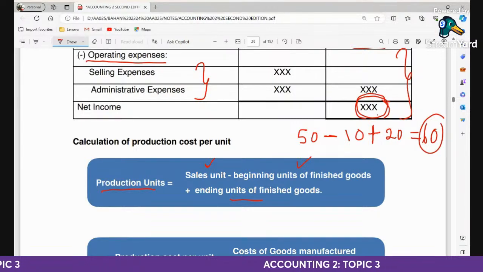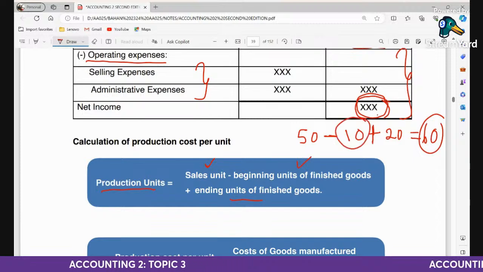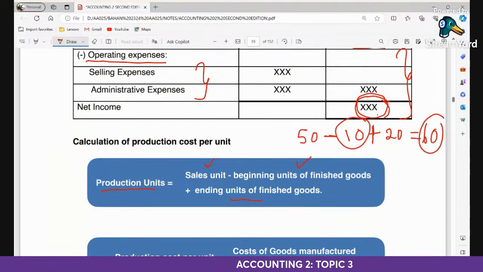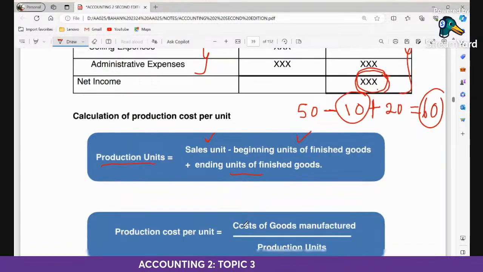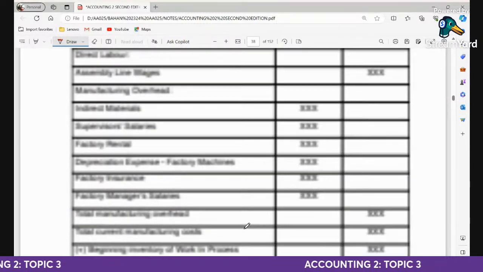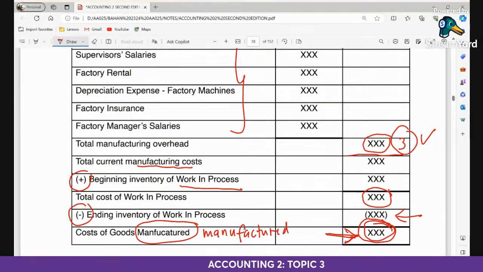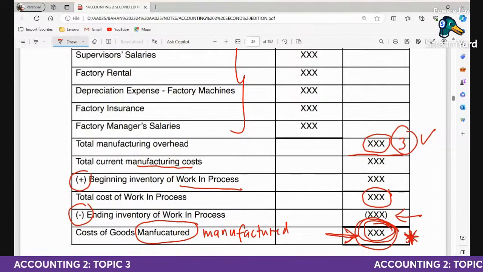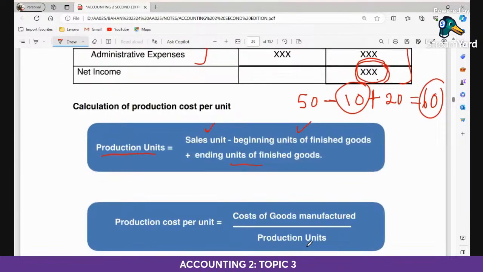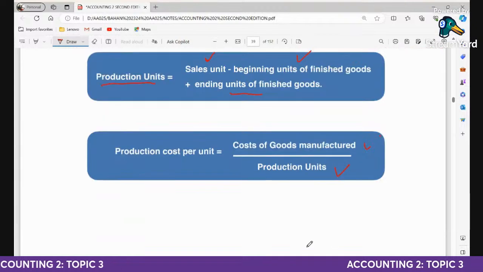Tapi sebenarnya ada berapa unit dekat tangan? 70 lah. Sebab saya ada beginning inventory which is produced last year. Okay, itu baru dapat unit. Sekarang ni nak kira cost, production cost per unit. So saya nak ambil yang mana? Sebab tu kita perlu ada cost of good manufactured. This one. This item. Yang madam letak bintang tu. Alright. So that amount from your statement, okay, bila kita bahagikan dengan production unit, kita akan dapat production cost per